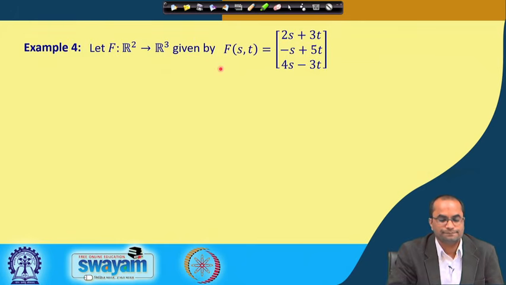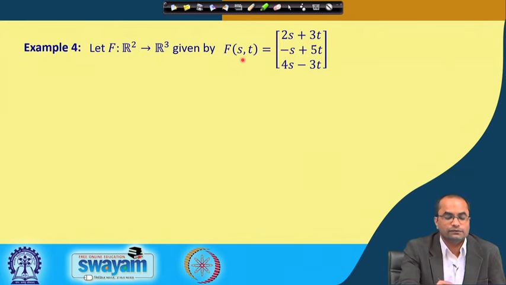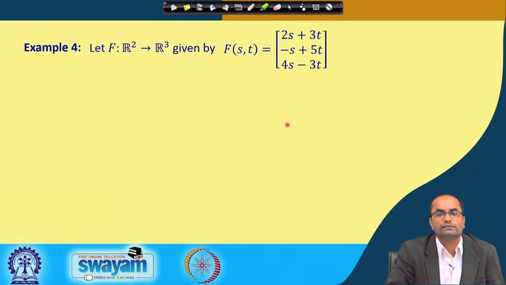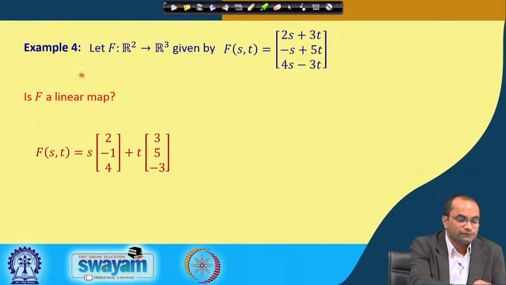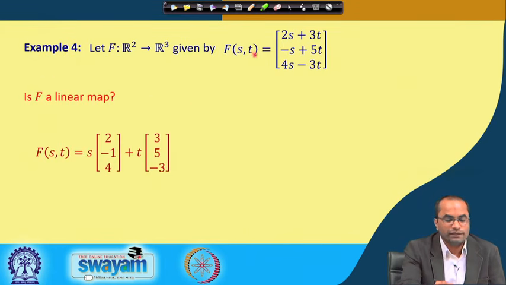and is given by this relation, that f, when it takes this (s, t), a point in R^2, provides here (2s + 3t, -s + 5t, 4s - 3t), an element in R^3. So, this f is a linear map, and we have to check it, and one way of checking